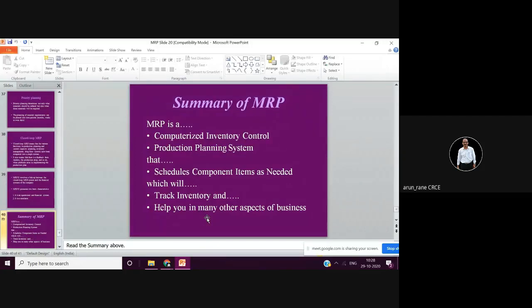Like say you need 100 meters of diameter 25 round bar. Considering the orders, considering the stock in hand, considering the expected orders, it will give you totality that now you need 100 meters of diameter 25 round bar, MS round bar, and it will also tell you when you need to place an order for this 100 dia round bar.